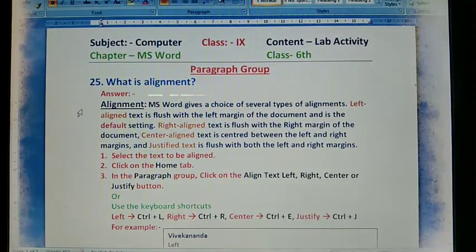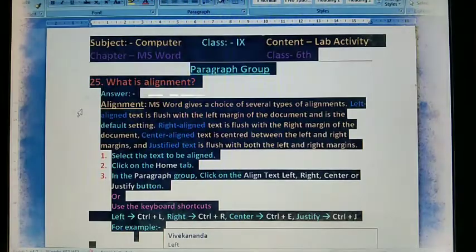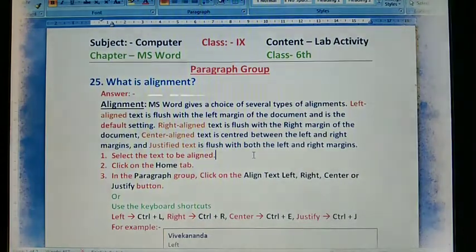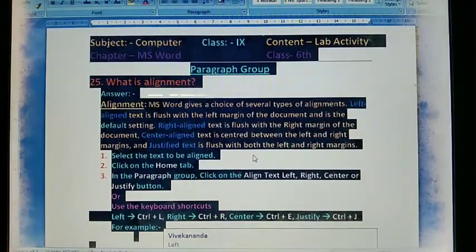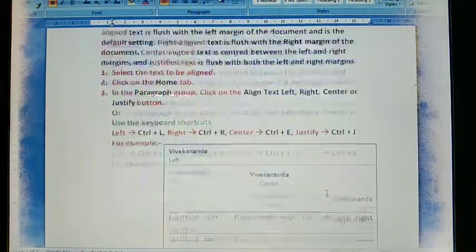If I click 3 times at a time, look carefully. At a time it must be selected. Amazing thing. Just simply click 3 times on the left mouse button on any sentence, and automatically the entire document must be selected. Or you may follow here, simply Ctrl plus A, it will also be selected at a time in your whole document. Now go to the next question.